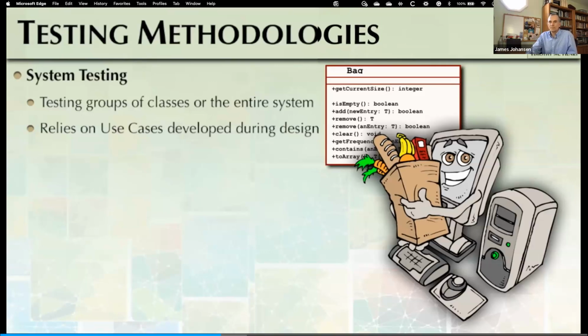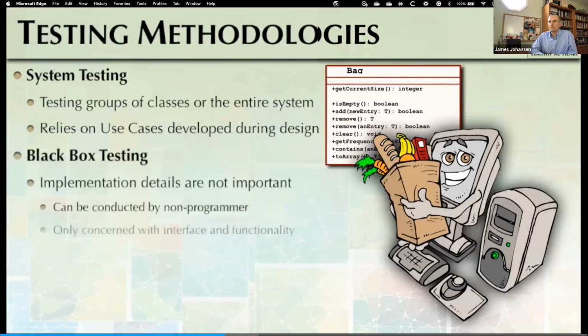Unit and system testing methodologies guide us in designing our tests, but what exactly do we test? This is where the idea of black box testing can guide us. Black box testing treats the class or data structure being tested as a black box that we cannot see inside. How the black box is implemented is not important, only that the box functions the way it is specified. When the box is fed a certain input, it should respond with a specified output. In black box testing, we are only concerned with the functionality of the box or class and the interfaces to it.